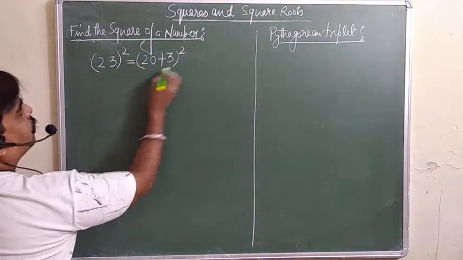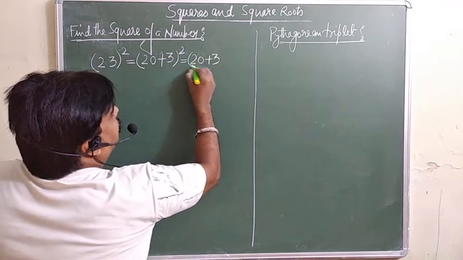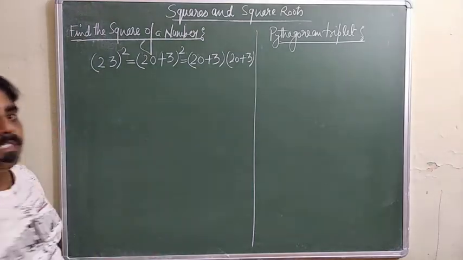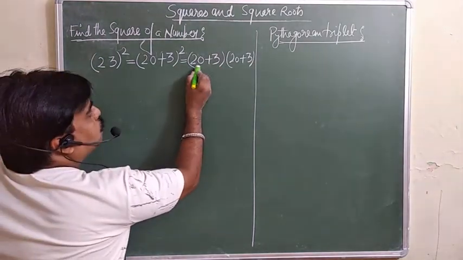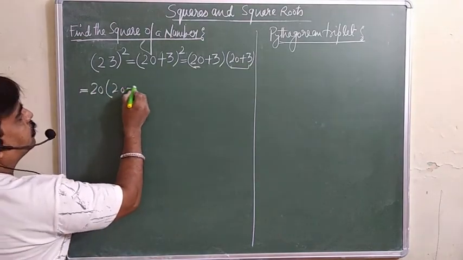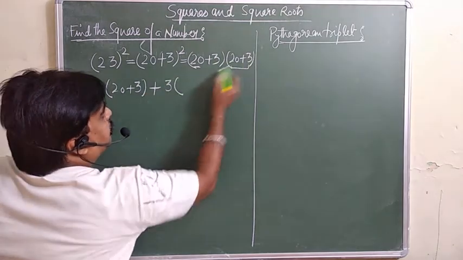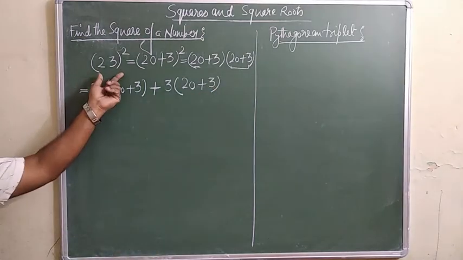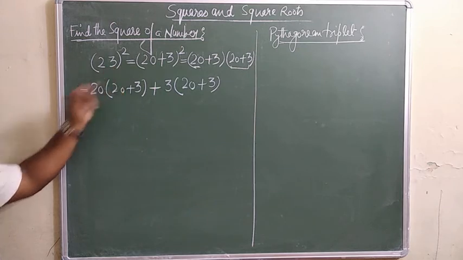It means exactly what we are doing. This is actually 20 plus 3 into 20 plus 3. This is one of the methods. दूसरा भी discuss करेंगे. Now what you are supposed to do? By this 20 you should multiply these two, 20 into (20 plus 3), plus by this number 3 you can multiply this (20 plus 3). This is the traditional method. You are not supposed to do 23 into 23 directly. Directly you cannot multiply. Remember.